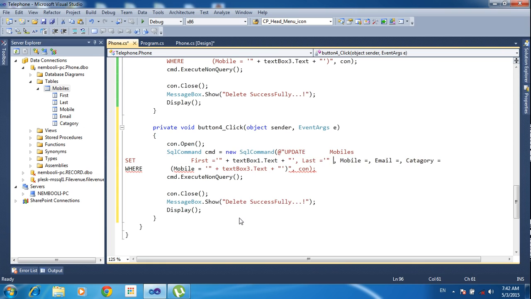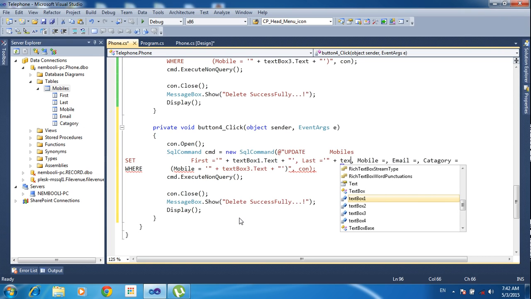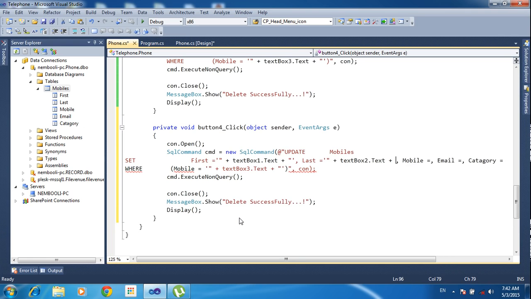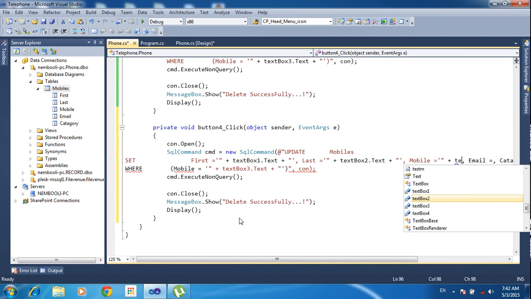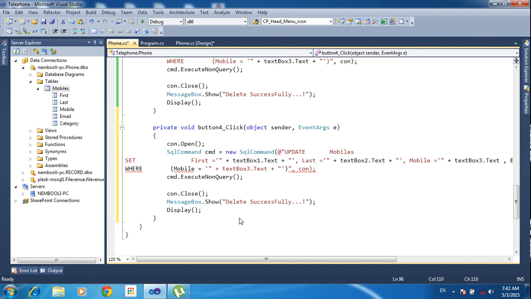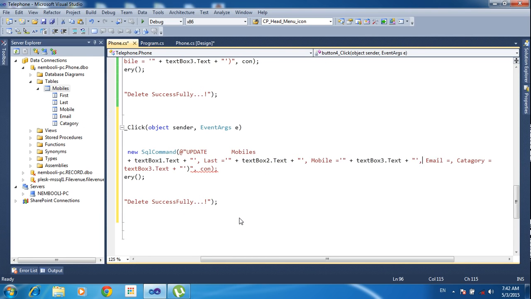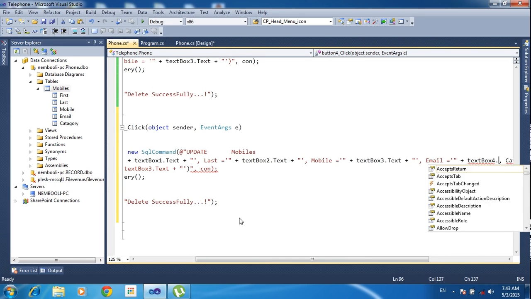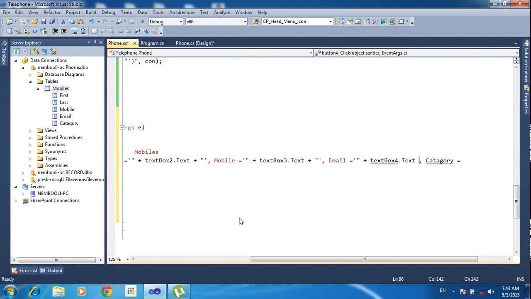Here text box 2 dot text and text box 3 dot text and mobile number, sorry, email number, text box 4 dot text